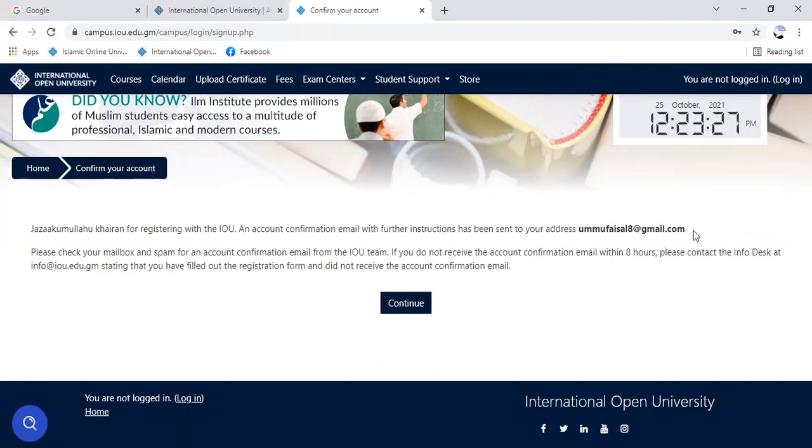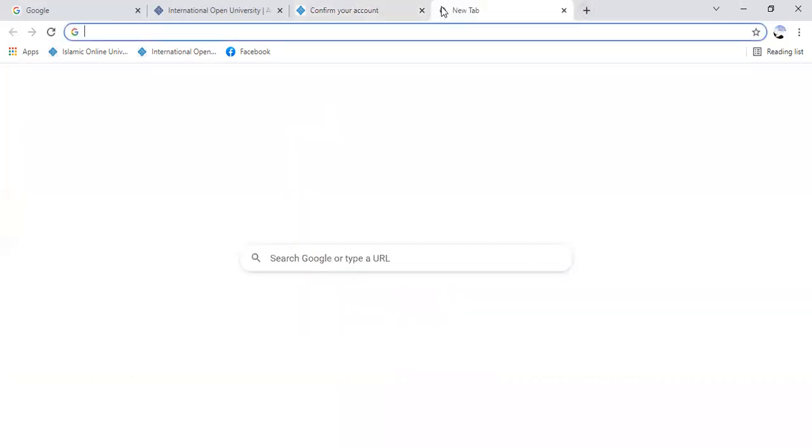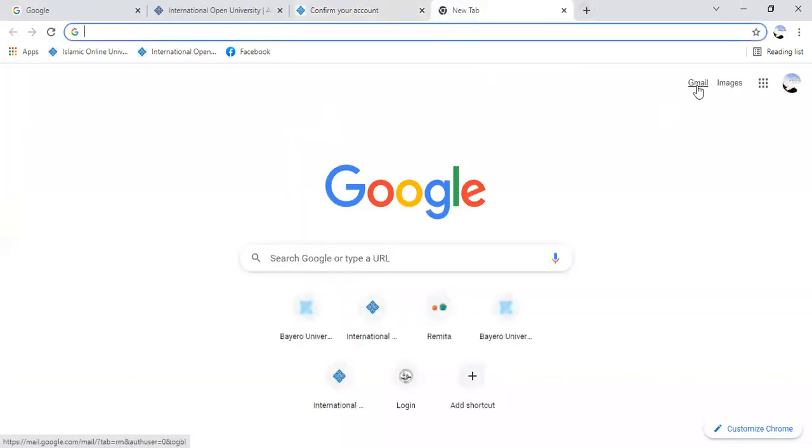So the next thing for you to do after this is to go to your email, and you will see a message from IOU in your email. The message sent by IOU will either enter into your inbox or into the spam of your email. So right now we are going to the email to confirm the link.